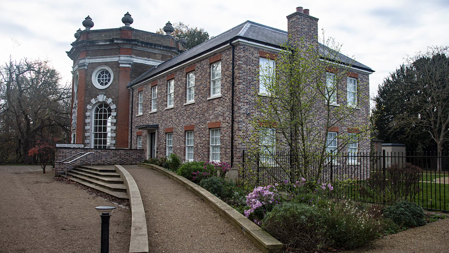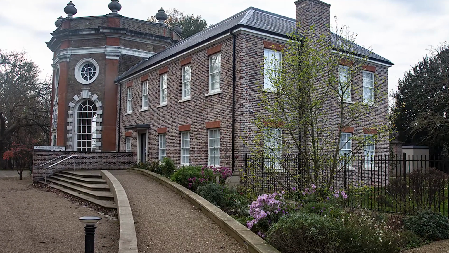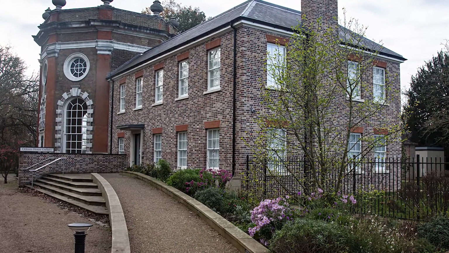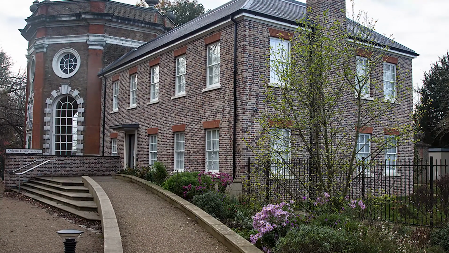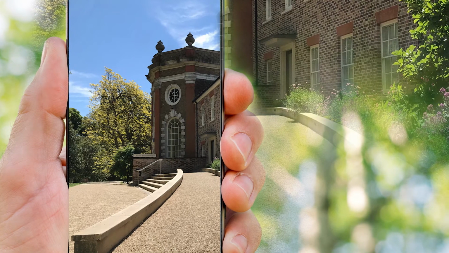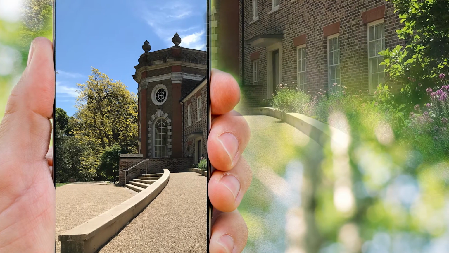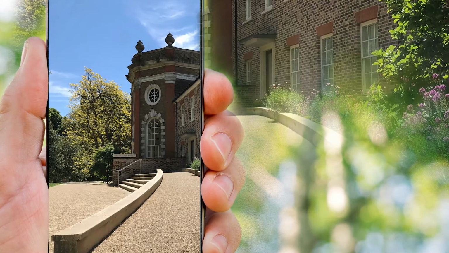Also think about the guiding lines the building creates before you take your images. The lines where the floor meets the walls and where the walls meet the roof, and other elements like the steps or the symmetry of the windows. Sometimes it's really surprising what you can see simply by looking around and training your eye to notice the shapes in the building, and when you look for these shapes in the viewfinder of your camera.